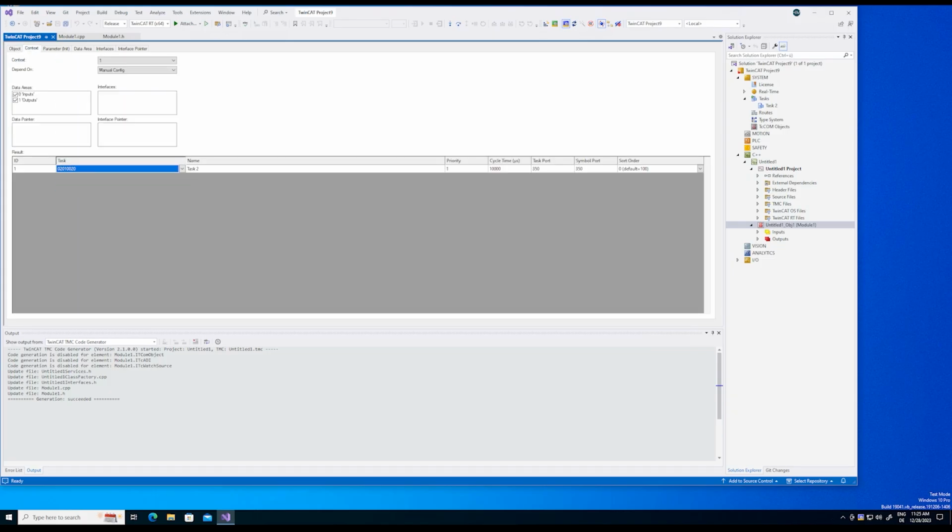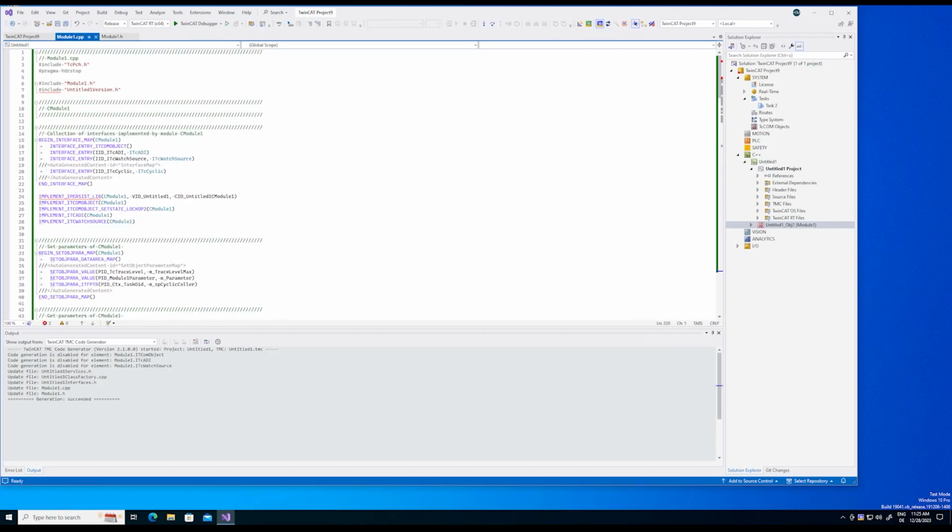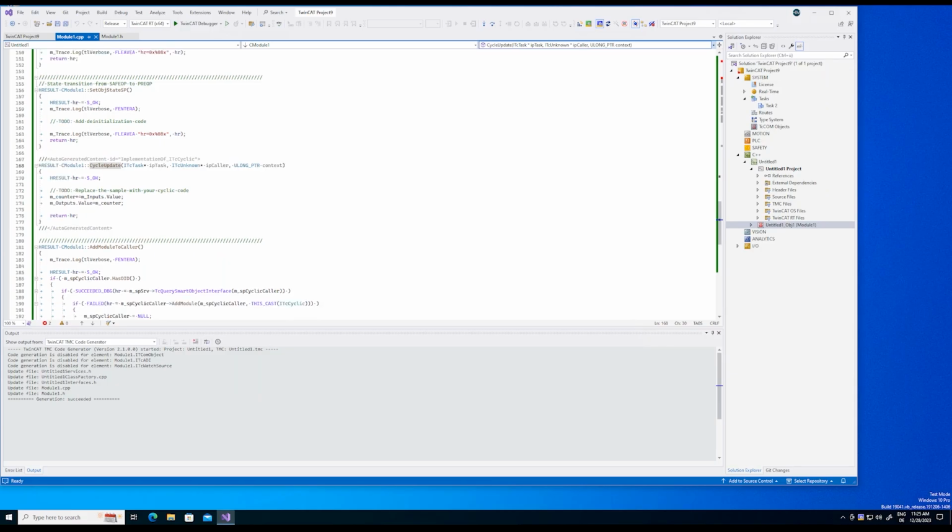So what will TwinCAT do later on in the runtime system? The task, which is configured to be executed every 10 milliseconds by default, will call the C++ module. What actually does that mean? Calling a module means that we are about to get triggered by the cyclic update method. So this is actually the code which then gets triggered by the task in this case for being executed